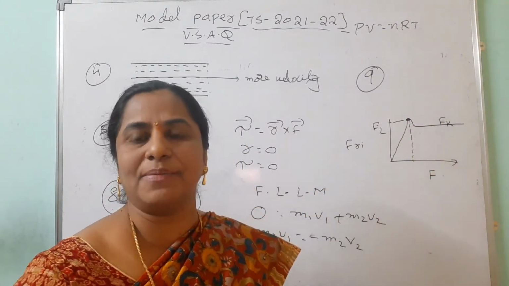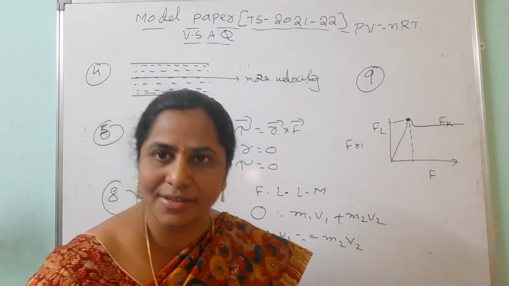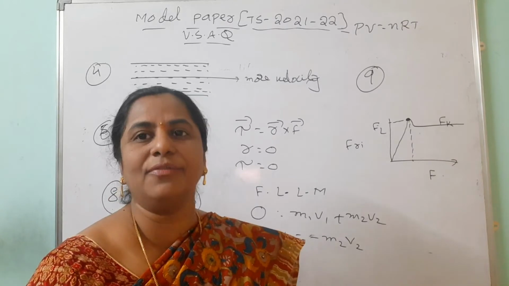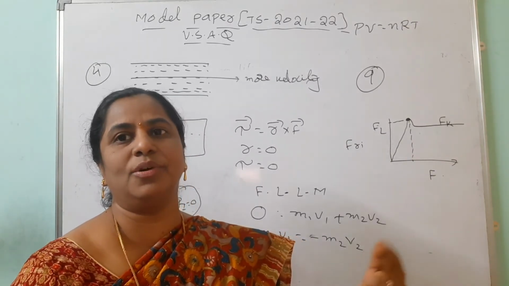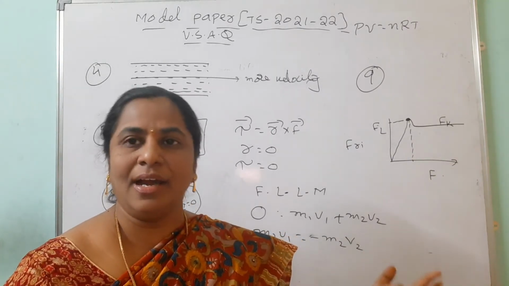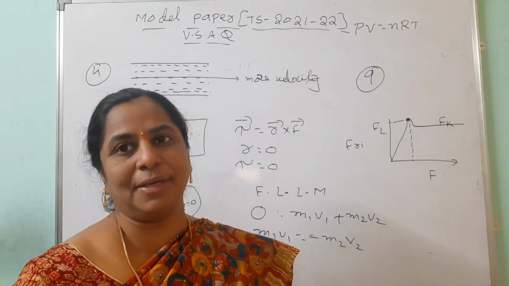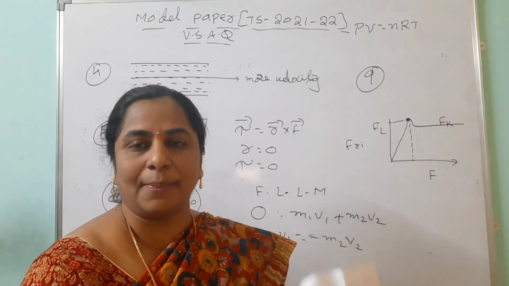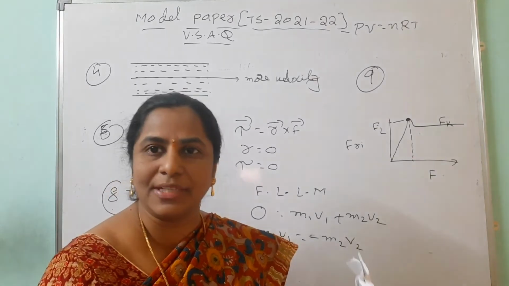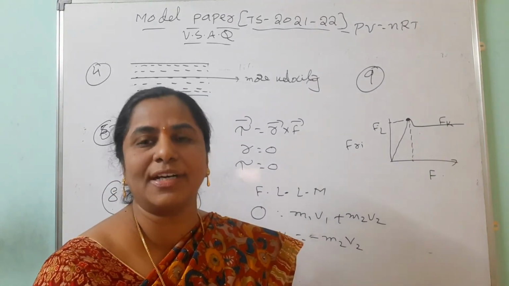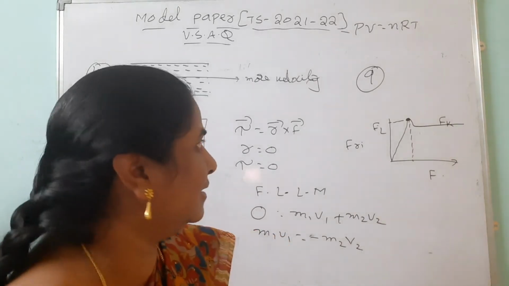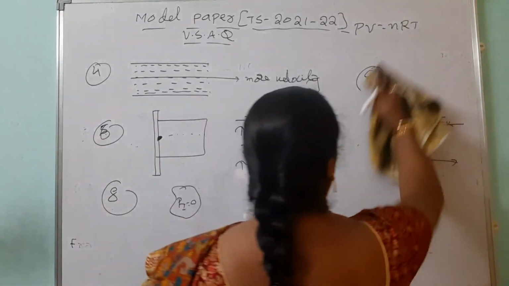So where we should apply the more force? In the case of static friction. When we want to start that horse cart, beginning we should apply more force to overcome the static friction. So our limiting friction also you can say. I am repeating this. Simply you can write this statement. When we are applying, we should apply the more force to overcome the limiting friction. That's all. Then you will get the 2 marks. Then our 10th question is